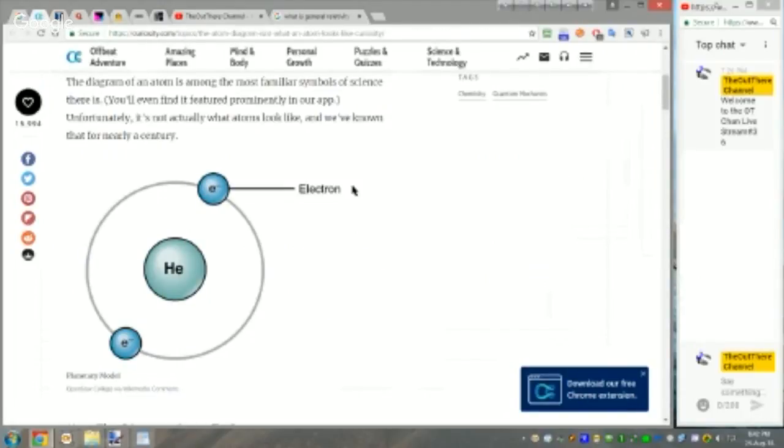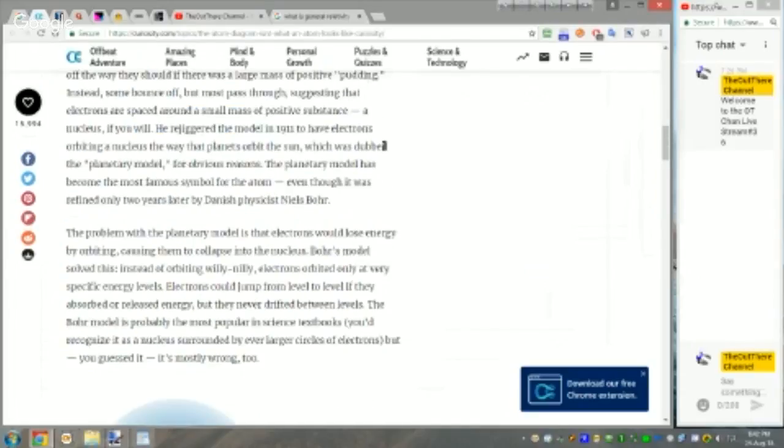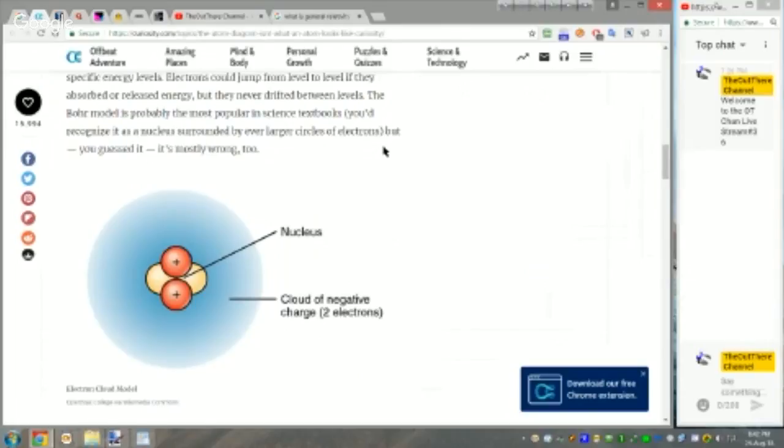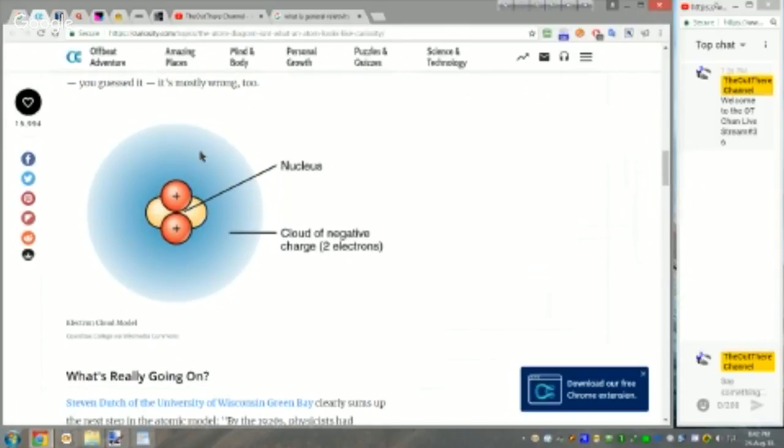That's what we were taught in school, but now they think it's more like this, with a fuzzy cloud of electrons moving in all sorts of strange places and a nucleus. So basically,